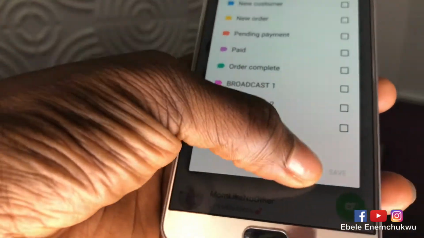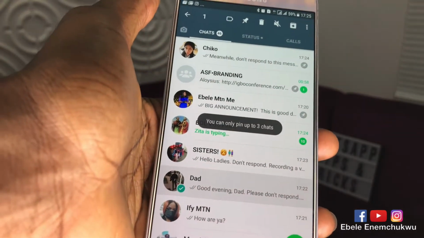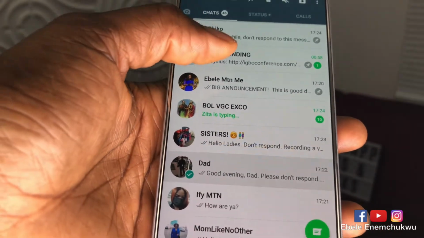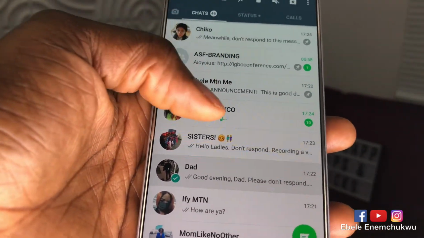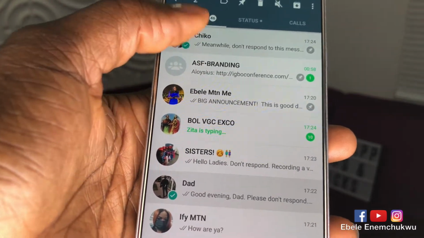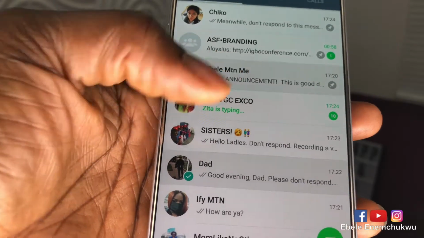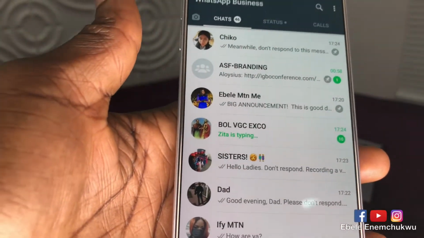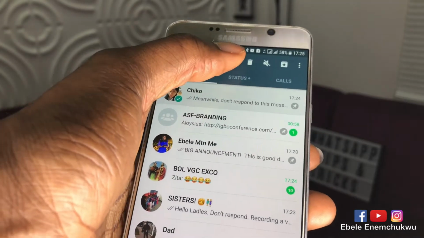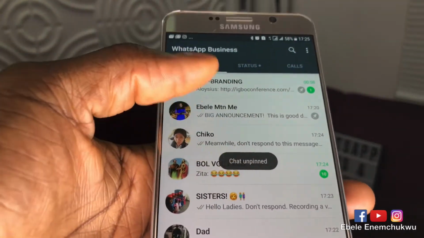It would say to you, "I tried pinning my dad and it says you can only pin up to 3 chats," and that's because I already pinned this group chat. I don't want to miss anything there. So you see there's even a message there, so I'll see it immediately. So this group chat, my sister and my other line, you can pin only 3 at a time. Say for instance I take out this one, I've unpinned it, so chat unpinned, and now